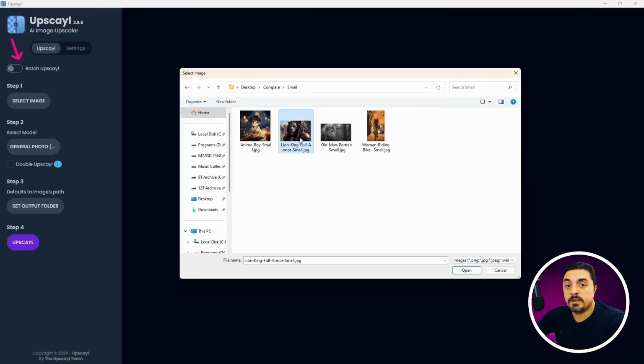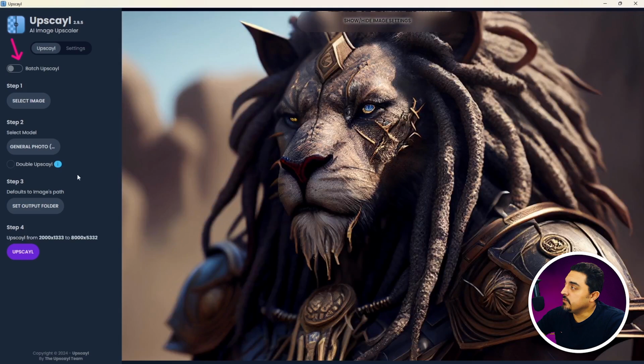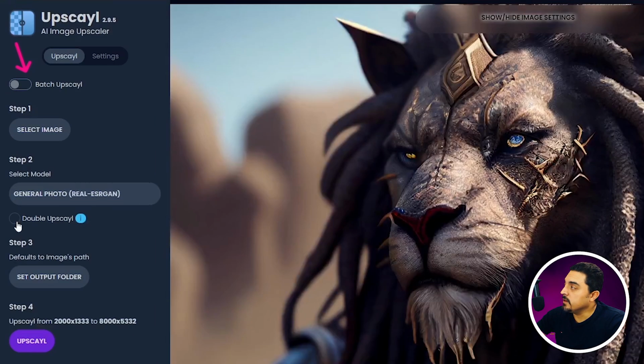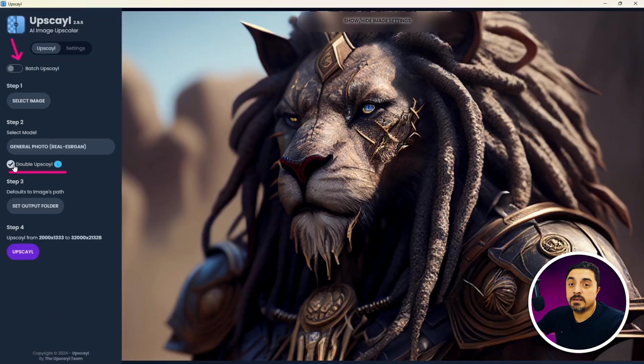Let's select this Lion King image. And if you check this double upscale option here, you will get a 16x upscale option. That's pretty much for free upscale software, but this is a process consuming option, and the image size may get to over 1 GB.